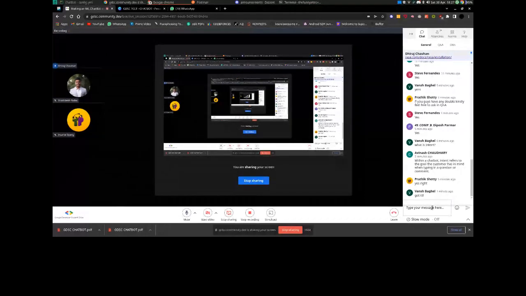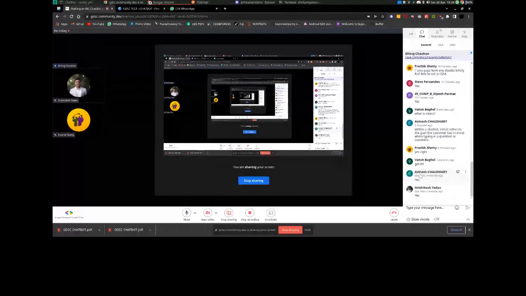If Rasa is already installed, then just give me one yes so that I can be sure and we can get started. And if someone has not installed it, then there is a link which has been pinned. Go ahead and install it so that we don't have to wait. Give me a yes if Rasa is installed, and if I'm audible, I guess. Okay, Avinash has it installed. What about Vansh? What about Dipesh?